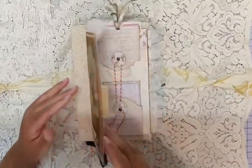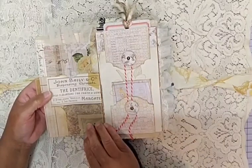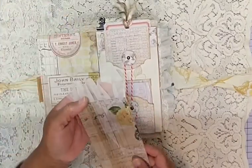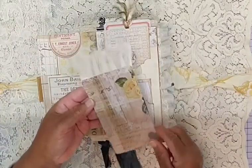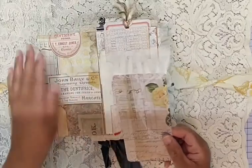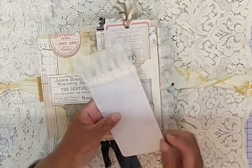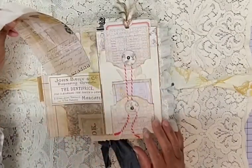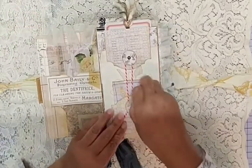So this cover, it flips out, and you have a pocket here, and I just did a little squiggly stitch around it. It's Tim Holtz. Most of all this is Tim Holtz. Put some trim on the top. You can write on the back for journaling space. So this is a pocket, and then this,